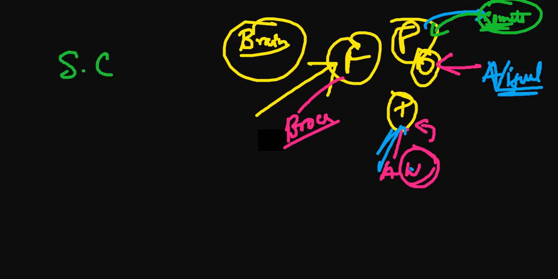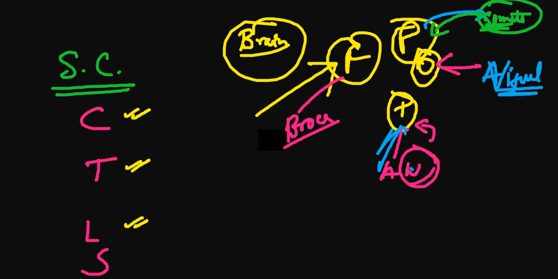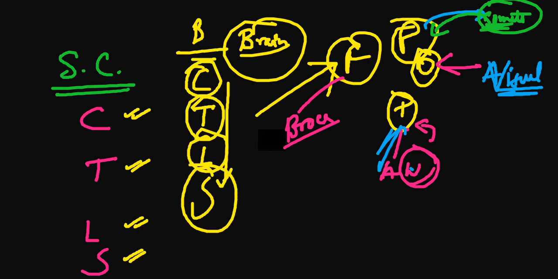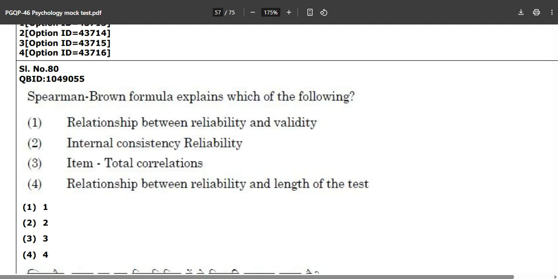Now, talking about the spinal cord, we have four divisions. The mnemonic is CTLS for you. This stands for the cervical region, thoracic region, lumbar region, and sacral region, in this order right from your brain. We have the axis and atlas over here, and after that the cervical, the thoracic, the lumbar, and the sacral.